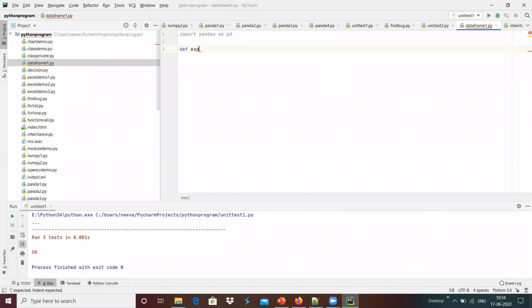export_excel_to_data_frame, df equals over here, and we are going to give the file name. I'm going to pass the file name over here, and it has to do the operations, something like it has to read from that file name. For example, here we are going to use the file name over here, and then we can use some kind of an option, something like we can return the df over here.